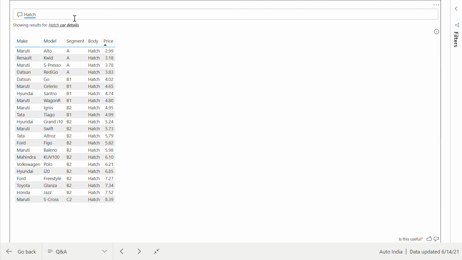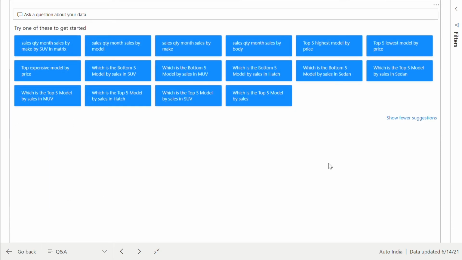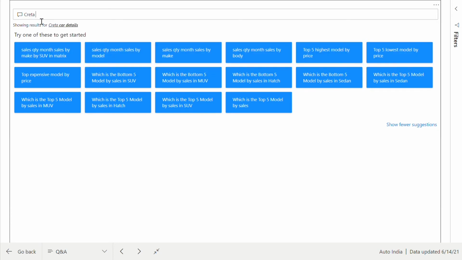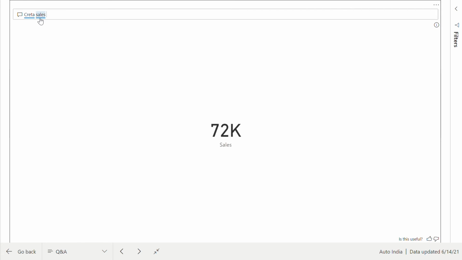You can sort it by make. So yeah, those are a few questions that you can ask. One more thing I would like to show you is if you want to create a chart of your data. So say I want to see Creta sales quantity